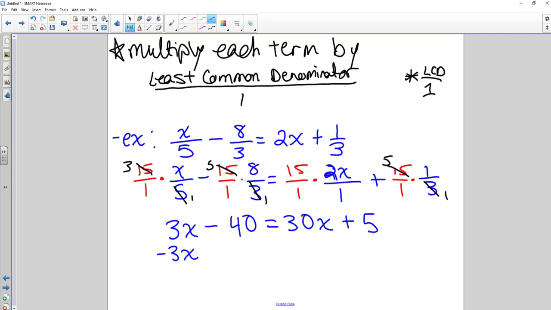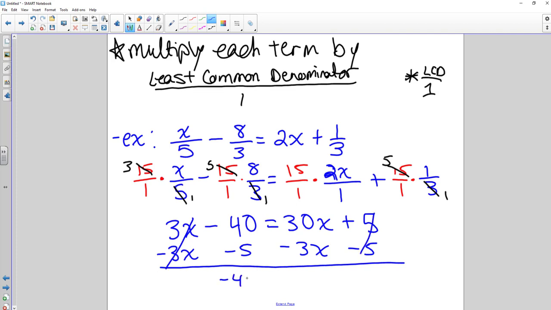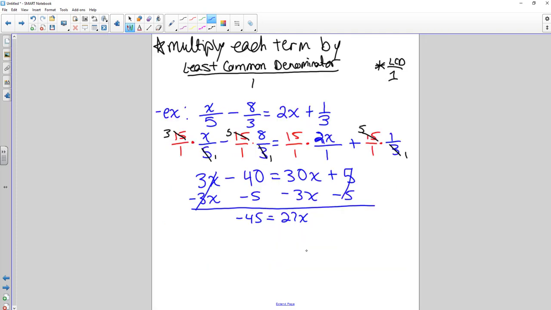I'll subtract 3x on both sides. And then at the same time I'm going to subtract 5, kind of combining those two steps. So I'll have negative 45 equals 27x. Divide by 27. So x is,